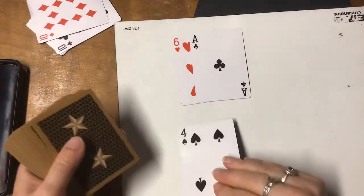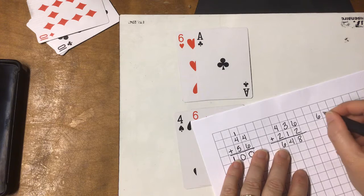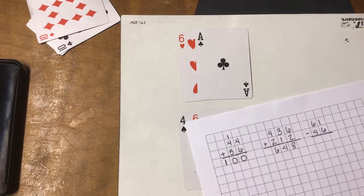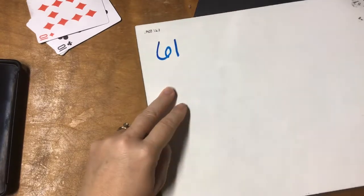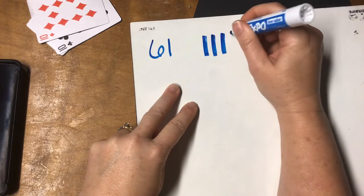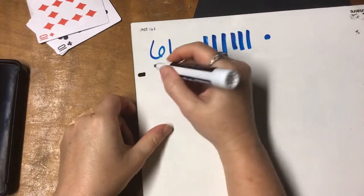My first number is going to be 61. My second number is 46. So the problem that I'm writing on my paper is 61 subtract 46. So 61 subtract 46, or take away, as the kids say. So I'm first going to show the number 61 with my base 10 pictures. So I have 6 10s, 10, 20, 30, 40, 50, 60, and a 1. And now I want to subtract 46. So I'm doing minus